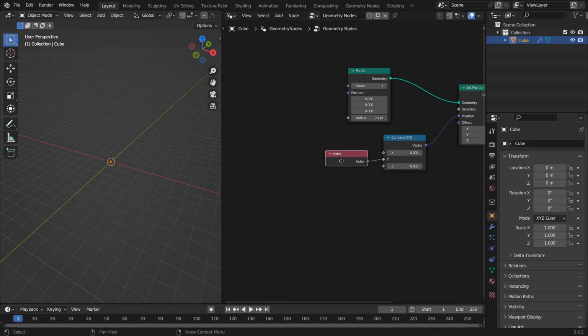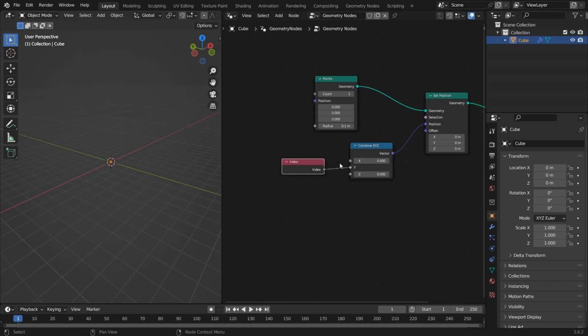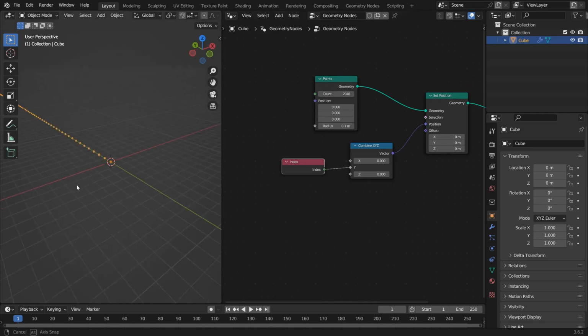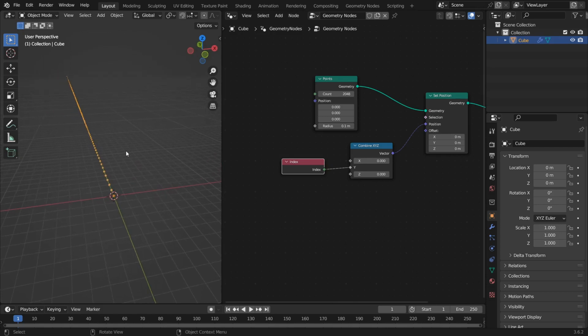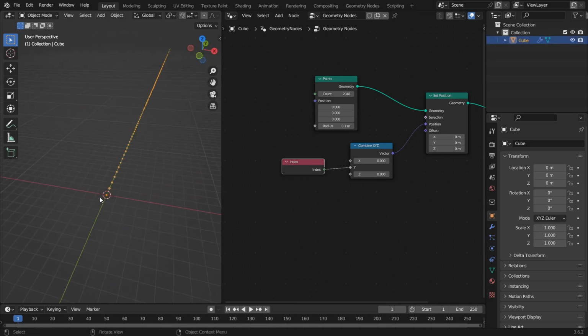the y component there. And the reason why you're not seeing anything is this count is set to 1, so let's set that to something a bit higher, in this case 2048, and you'll see now we have this long line of points. Next, we'll take each one of these points, and based off of its index, we'll rotate it by the golden angle, which is 137.5 degrees. So each point is going to rotate about that amount around the z-axis, and you'll see what that looks like